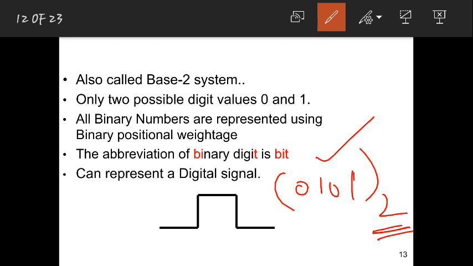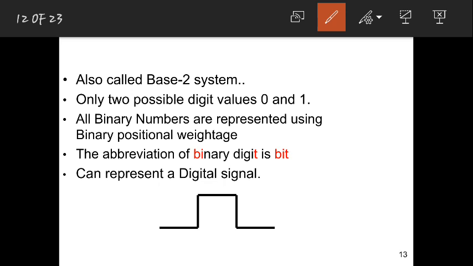Generally, if you do not mention anything for the base, you will consider it a decimal number itself, because decimal numbers we write without any base. But if you want to mention that it is an octal or hexadecimal number, you need to definitely mention a base, else by default we will take it as a decimal value. But in number systems, it is better to mention all the bases. For the decimal system you mention 10 as the base, for the binary system you mention 2 as the base. Then coming to hexa and octa, we should mention 8 and 16 as the base for those numbers.